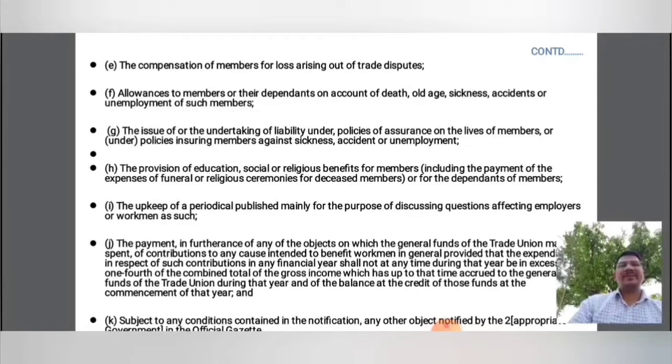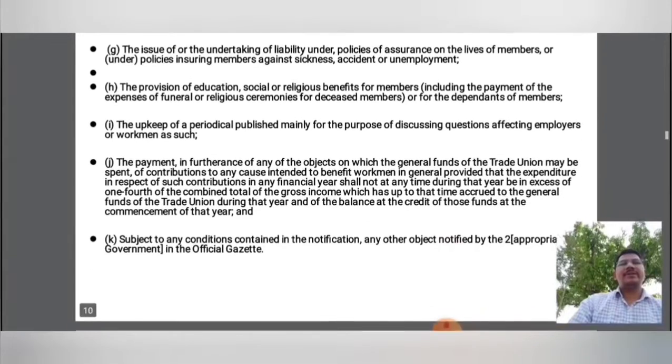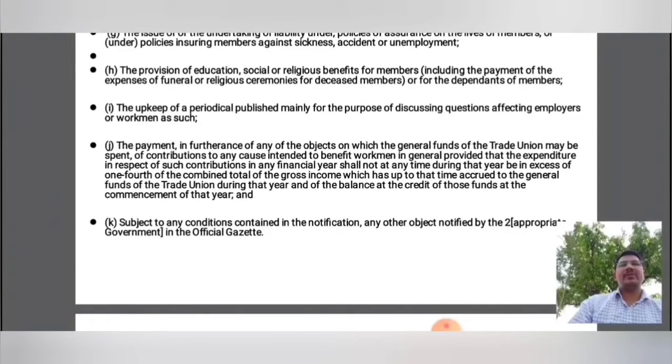Further, funds may be spent on contribution to the cause intended to benefit workmen in general, provided that expenditure in respect of such contribution in the financial year shall not at any point of time during that year be in excess of one fourth of the combined total of the gross income which has up to that time accrued to the general funds of the trade union